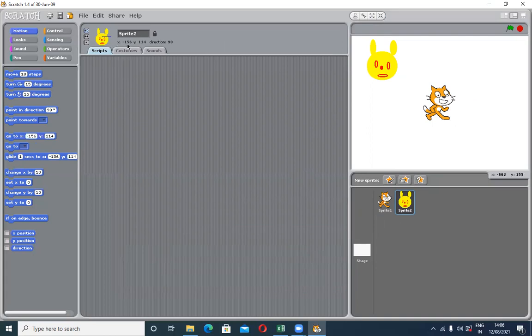Here, dear students, what is written is the x-axis and y-axis of our sprite. These are the direction of the sprite, meaning in which direction my sprite number two appears. X-axis is 156 and y-axis is 114.